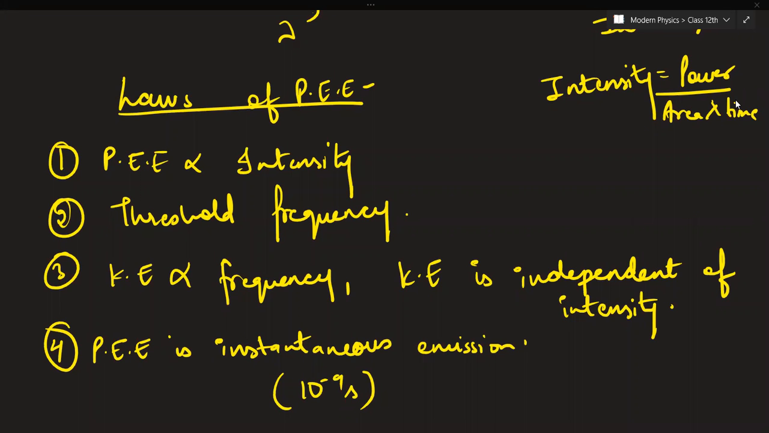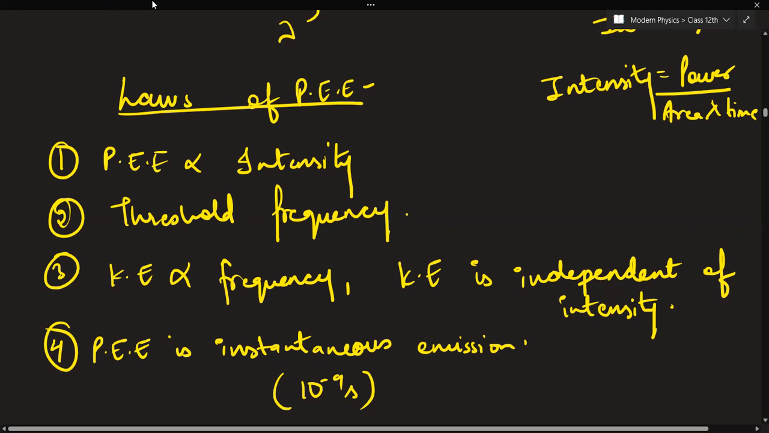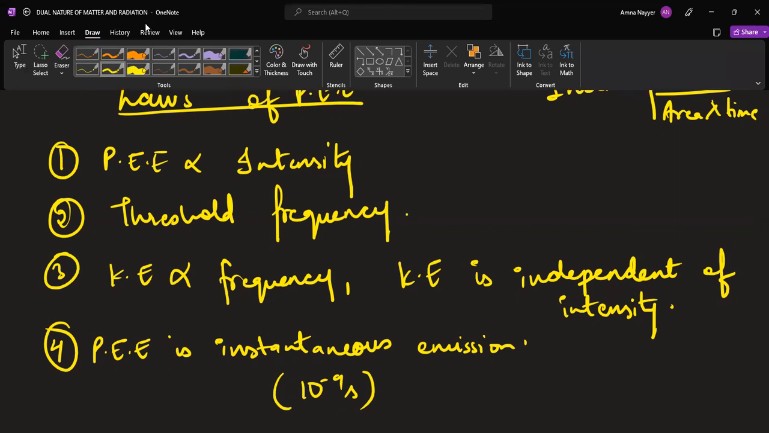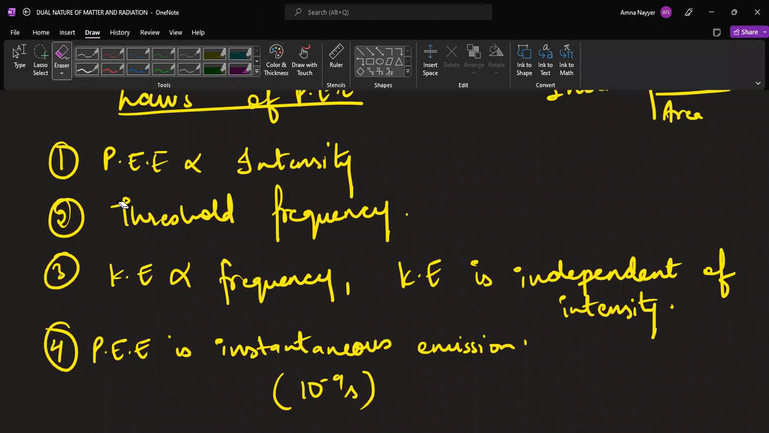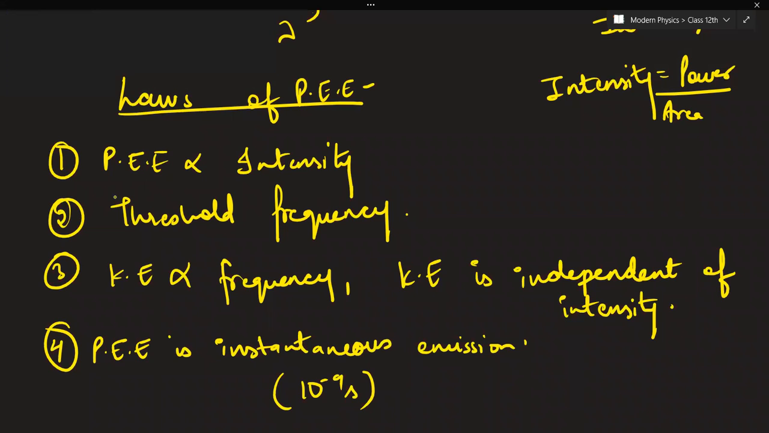Sorry, one thing, Sana, I think you were asking. No, it's not power per unit area per unit time. That is power by area, just power by area. If I have to include time, that will become energy per unit area per unit time. So if it is power, then it will just be